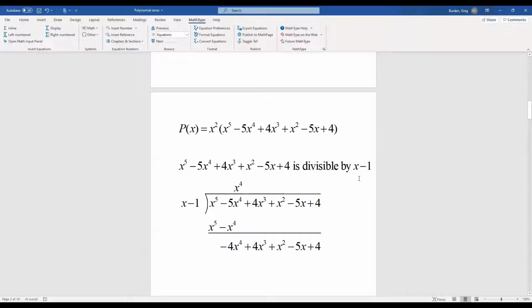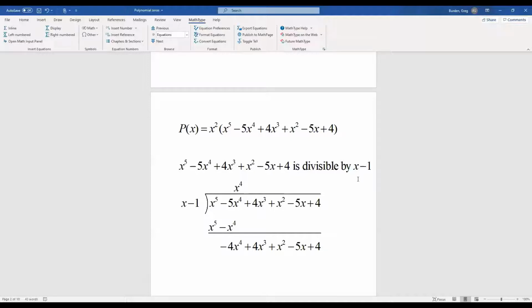And that's exactly why p of 1 becomes 0, because, as we'll see a little bit later on, x minus 1 is a factor, and if you were to plug in 1, we'd have 1 minus 1, which is 0, and the whole thing goes to 0. To get to that, I'm going to apply something, I don't have to, there's other ways of thinking about it, but what I'm going to do is apply